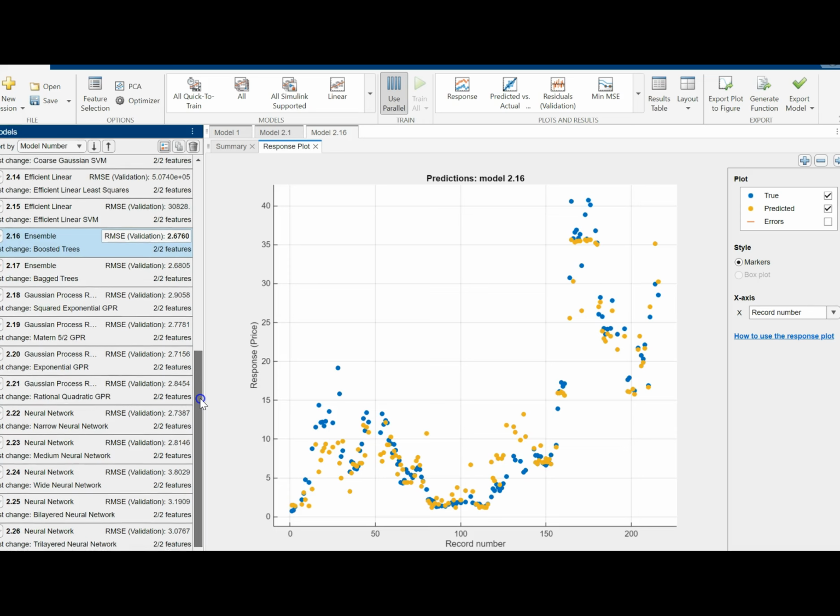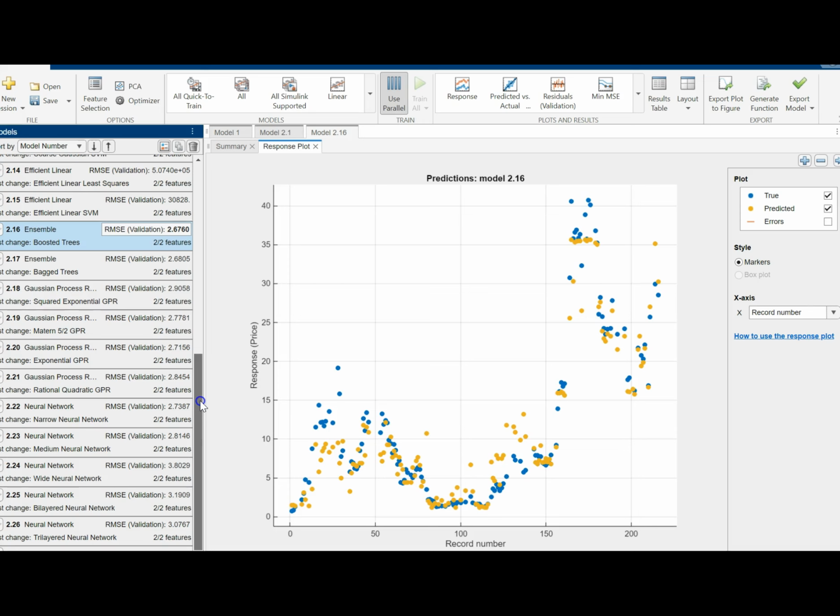So for example here, let's see, this is almost 2.7. So I will get neural network. So let's take this neural network for example, and then I will make the prediction based on this neural network that has a similar error when compared to